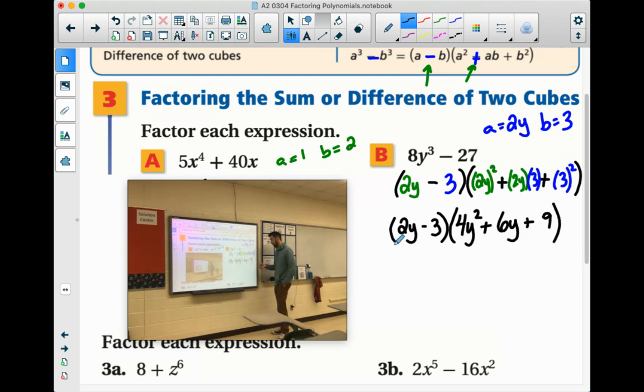So let's double check. Can I factor this? I see 4y squared is a perfect square. I see 9 is a perfect square. Square root of 4y squared would be 2y. Square root of 9 would be 3. If I multiply them together, I get 6y. But remember, we'd have to multiply by 2. So it would have to be 12y there. So we can't